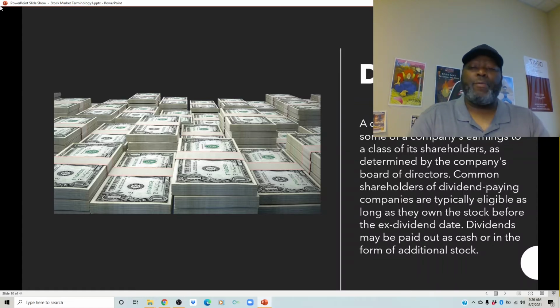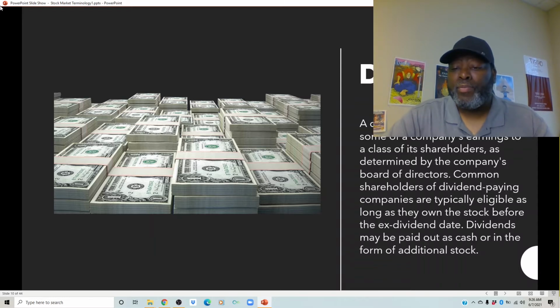So, for example, if you hold stock shares in AT&T, that is one company that definitely pays out dividends. So, just having stock in certain places will pay you dividends in the long run, and some people are making tens of thousands of dollars just by holding their money in this certain stock. So that's something that you probably want to talk to your banker or your broker about, which stocks pay out dividends.